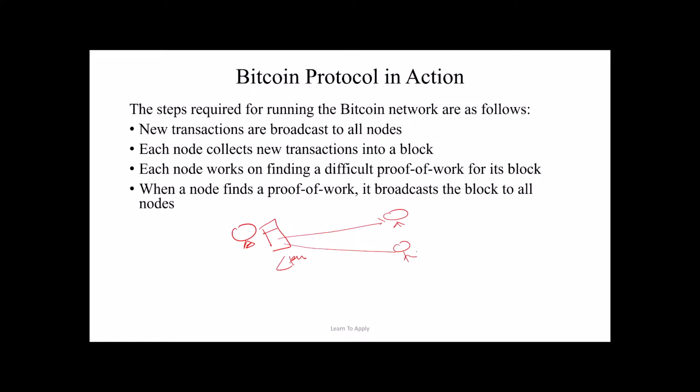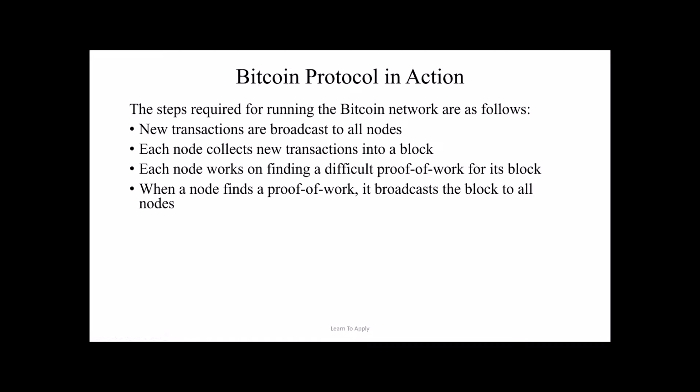Once they see this, if this block has already been seen by them, then they will discard it. Otherwise, they will receive this block. All those full nodes have the other blocks, right? That is the copy of the blockchain. They will put this block on top of their chain. Since this block has the previous hash to this, there is a chain basically, going on like this.